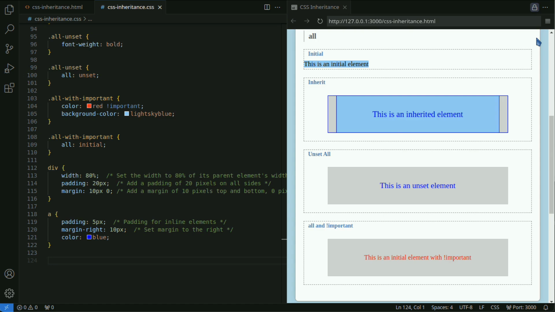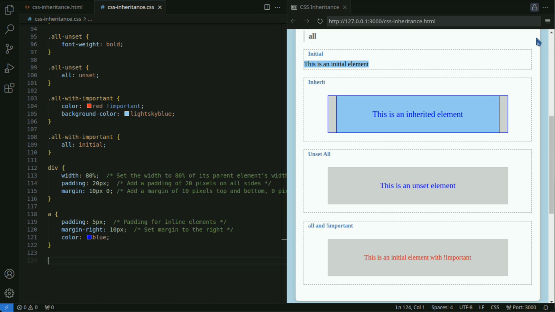As you can see, there are differences in how CSS styles are applied to block-level elements and inline elements. In block-level elements, layout-related CSS properties such as width, height, margin, and padding are applied as specified.